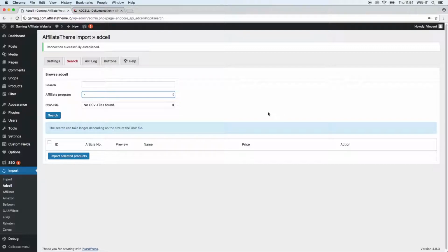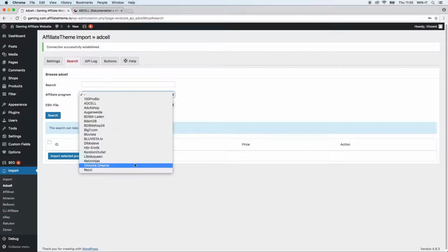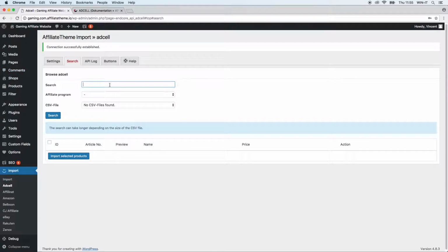You already have a contract or a login for AdCell. Well, AdCell is basically an intermediate between a variety of shops existing online and you as an affiliator, and all those shops online, they don't have their own affiliate network and affiliate program, so they just go to AdCell and say, hey, you can import all our product data, and you just give this to affiliates all over the world who want to use our data and or sell our products. So that's why you have to choose, or you can choose a shop here. And then you just search for a term and click search, and a list will appear.